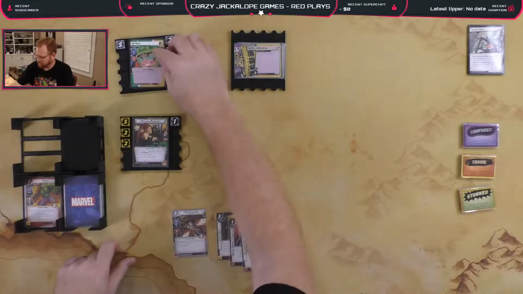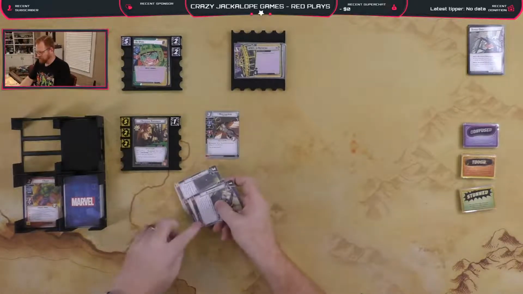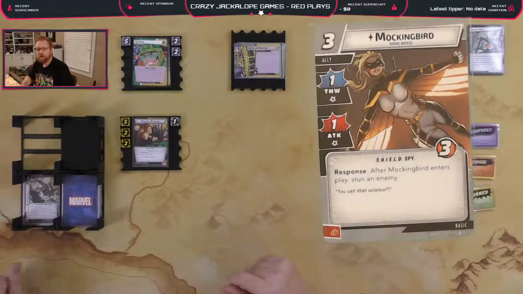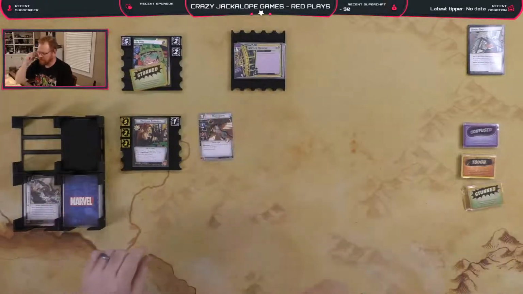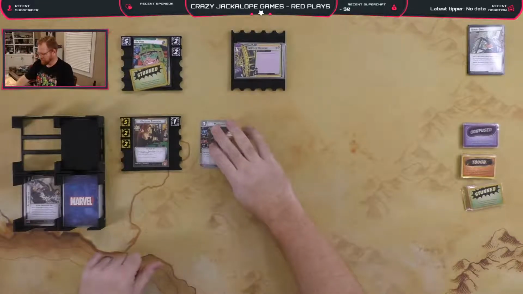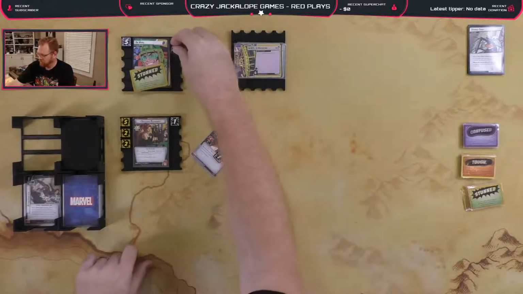All right. And then we're going to play Mockingbird. We're going to use these 3 resources right here to bring Mockingbird into play. When Mockingbird comes into play, she stuns an enemy. So she's going to go ahead and stun the Big Wheel. Got a stun, which means he's not going to attack on his turn, assuming I am going over to Natasha. So Mockingbird's then going to attack, and she attacks for 1. So we're going to knock him down to